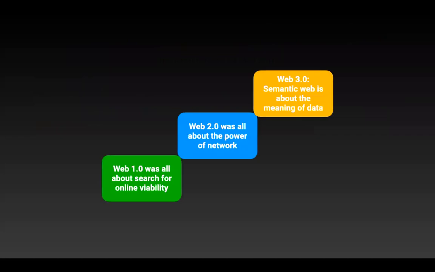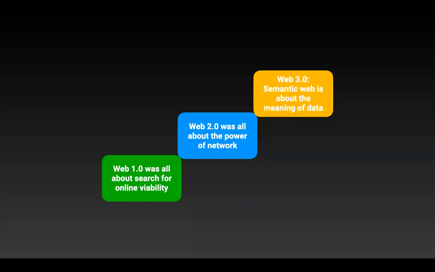If you take an overview, Web 1.0 was all about search and online visibility. I have a product, I put that product on a website so that people can view it. A large number of people can view it, I'm not restricted to my area, and I'll be available globally. This was the concept of Web 1.0. Web 2.0 was all about networking, and that's the reason major social media platforms came into the picture. Orkut started, then Facebook came, LinkedIn started. All those social media platforms came into the picture.